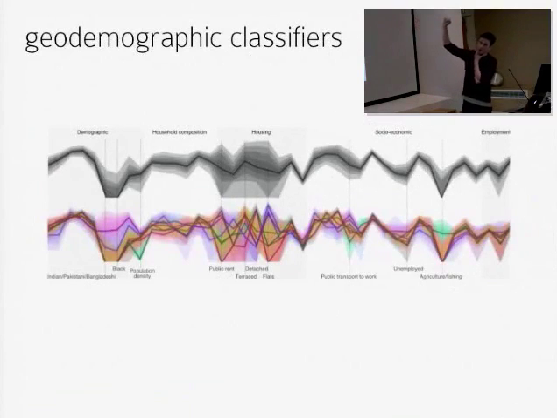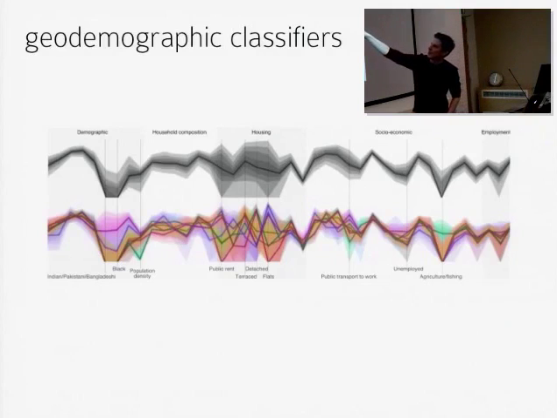The top line, so the grey ones, the line going through the middle is the median output area for each of these variables. So we take employment rates, for example, and we have these output areas, of which there are about 150,000. We order them according to their employment rate, and then we take the one that's in the middle. So there's really big variation in housing variables, less so in some of these socioeconomic variables.